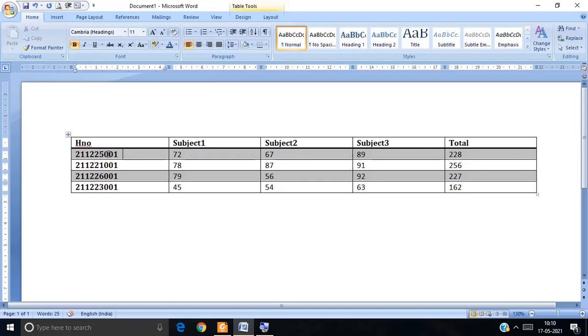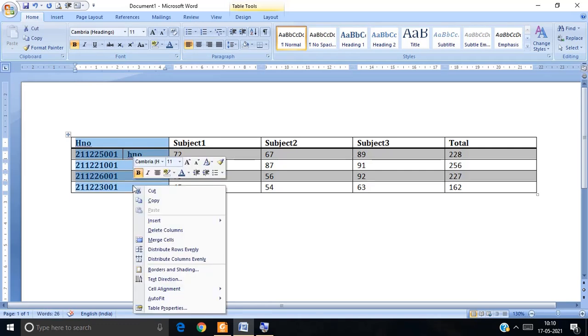Observe this, it is automatically split into 2 columns here. If you want to provide your number or your name here, it is possible. You are splitting your cells here only. Or if you want to split the entire cells, yes, it is also possible.